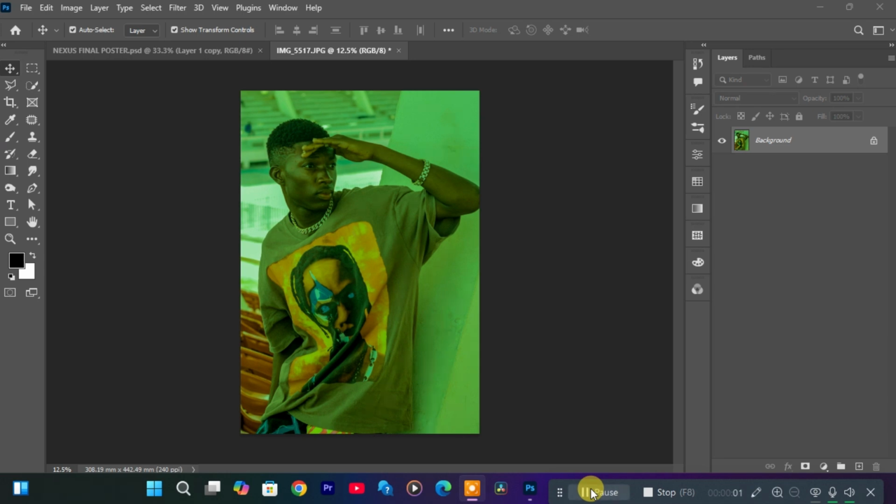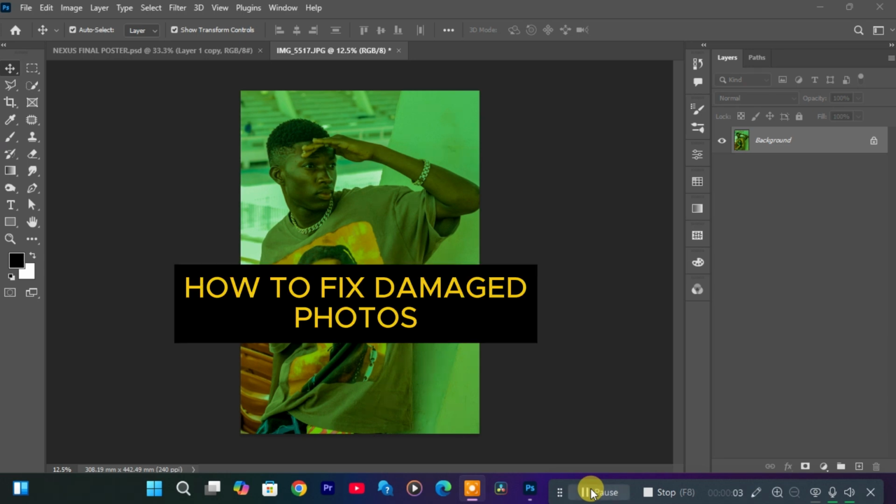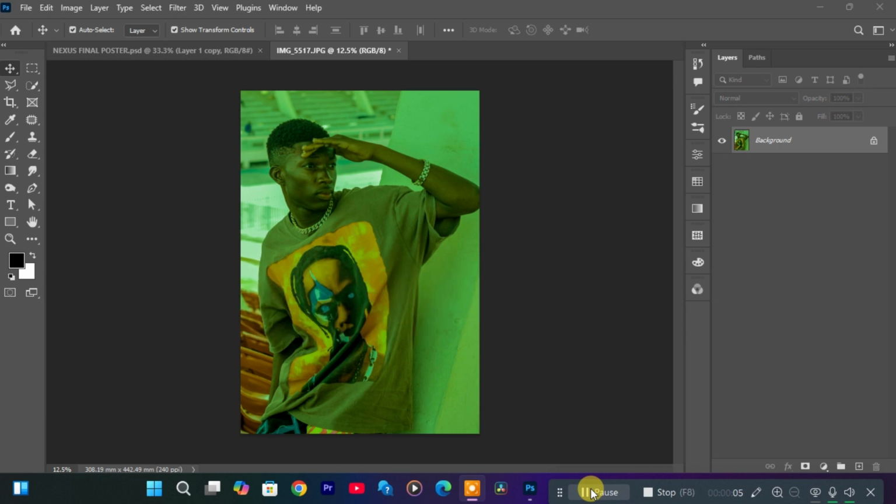So in today's video, I'll be showing you how you can fix your damaged pictures. Maybe for some reason, a photographer or something over edited your picture and then you want to fix it in Photoshop. Watch this video till the end because I'm going to give you 2 easy methods you can use to